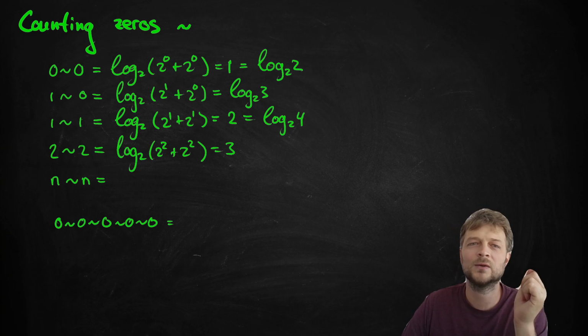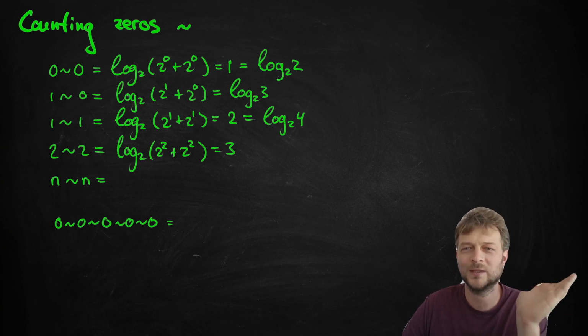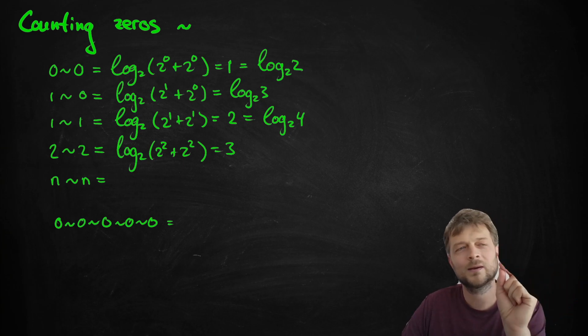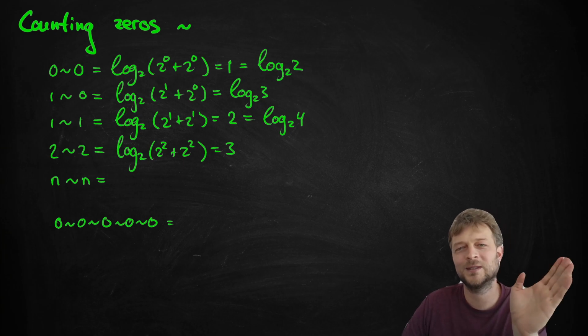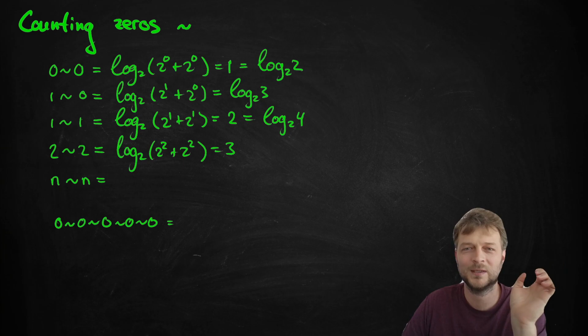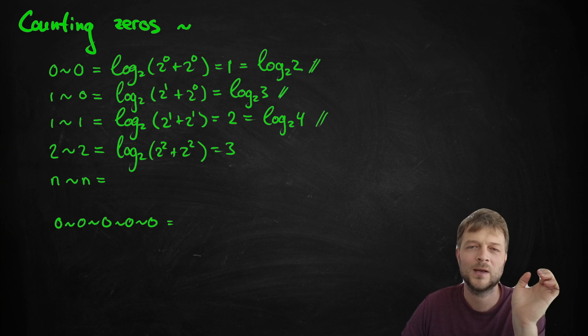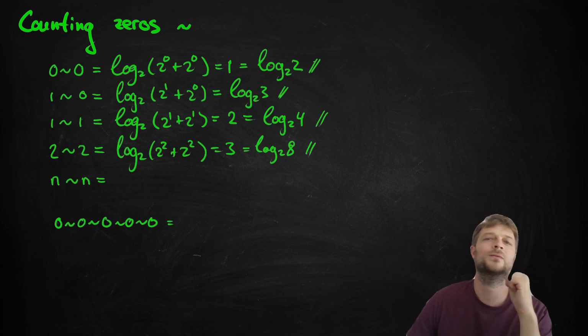For the tilde operation, the unit that we count is 0. And we also count it in log space. So this can explain why we have 2 zeros, 3 zeros, 4 zeros, 8 zeros here, log 2 of 8. Here we have 8 zeros,